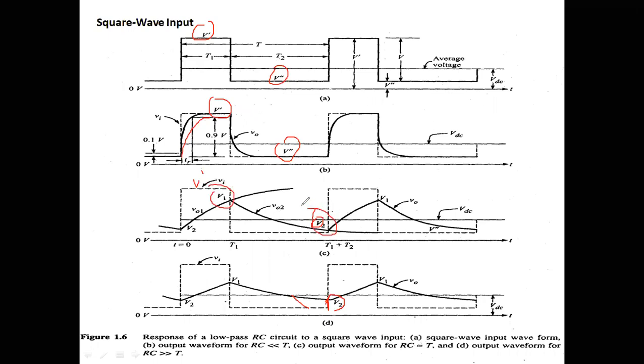Okay, therefore, depending upon the time constant, it is going to change. Depending on the time constant, we are going to change our output voltage. It is similar to the pulse. Okay, similar to the pulse means up to this portion you have studied for the pulse. When input rises suddenly, output will also slowly rise and reach the input voltage depending upon the time constant. And when input falls, the output also falls slowly depending on the time constant. Okay, again the second cycle starts, same discussion. Like this, the square wave output is going to respond.